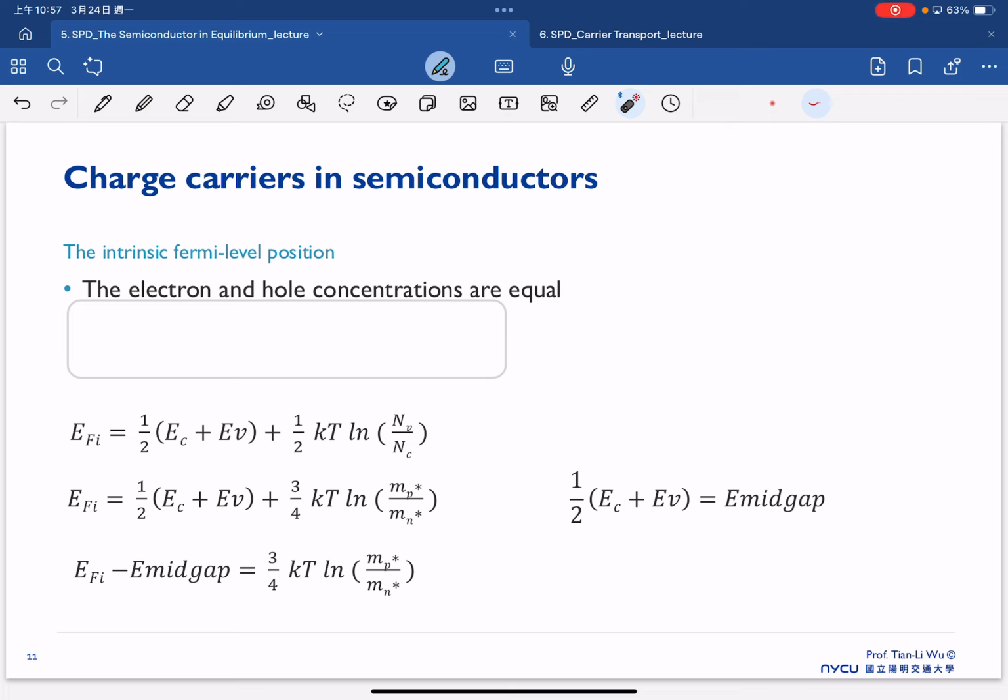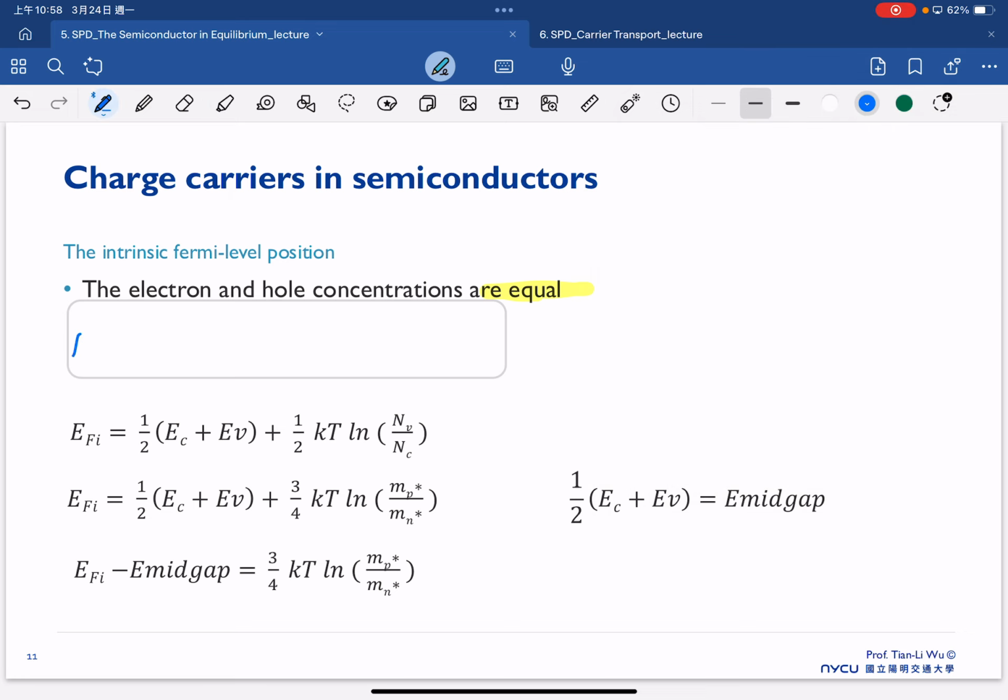Okay, so let's continue. Let's try to get some more equations here. As we already mentioned the concept of the intrinsic semiconductor, we also mentioned the concept of the intrinsic Fermi level. So we will be interested to look at what would actually be the position of the intrinsic Fermi level. For the intrinsic semiconductor, consider the case where the electron and hole concentrations are equal. So that means